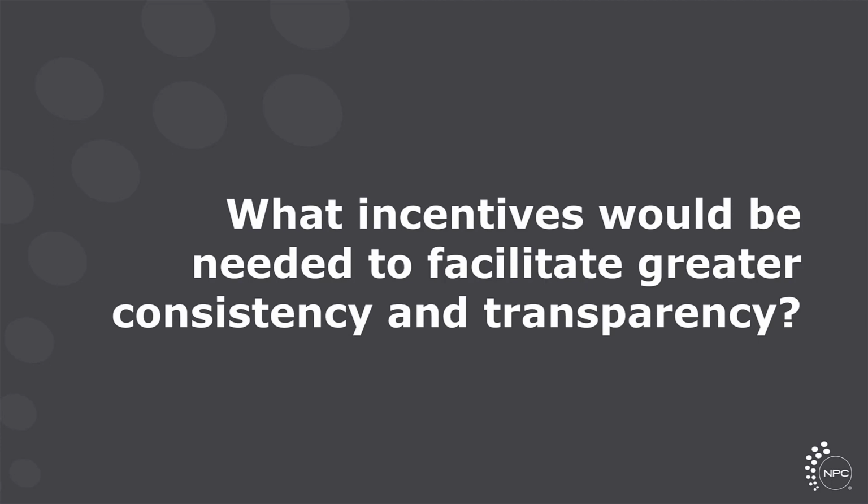My very last comment on this would be that there are lessons from elsewhere that we could point to and try to learn from. Even within the US, we have national coverage determinations that are issued by Medicare. They're highly transparent, but they're required to be by statute. And recently, LCDs, or local coverage determinations that are issued by Medicare administrative contractors, must now follow the same very transparent process that NCDs do. So there is a path here, though I think it would be more difficult for private groups and commercial health